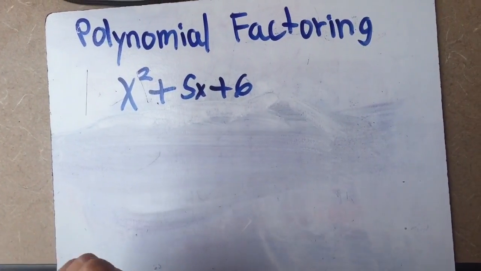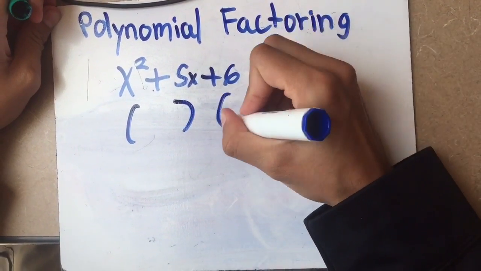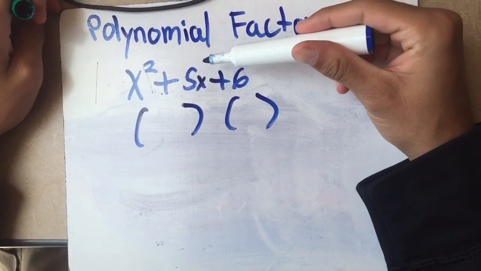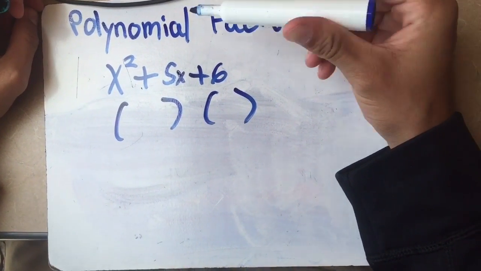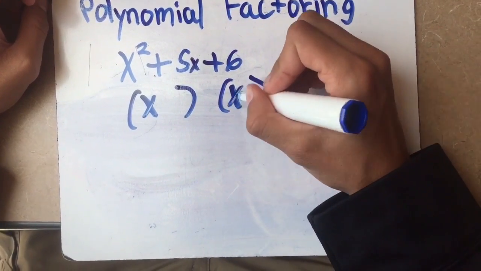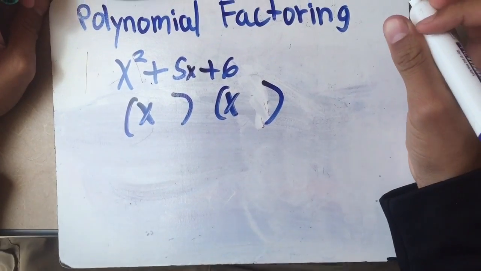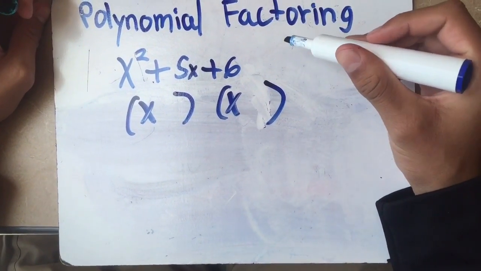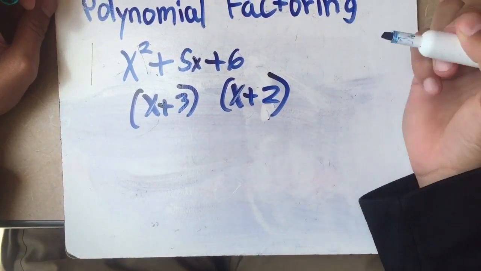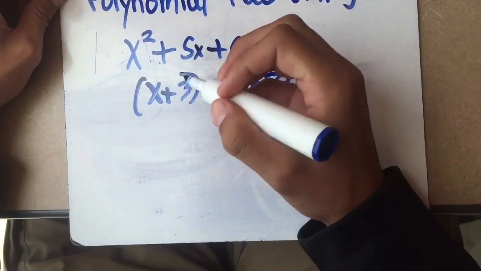Alright, to answer this problem, first you need to put 2 parentheses. And then from there you need to find out a number that adds up to 5 and that multiplies to 6. And since it's x squared, put x in each of the parentheses. And a number that adds up to 5 and that multiplies to 6 is x plus 3 and x plus 2. This is the final answer,